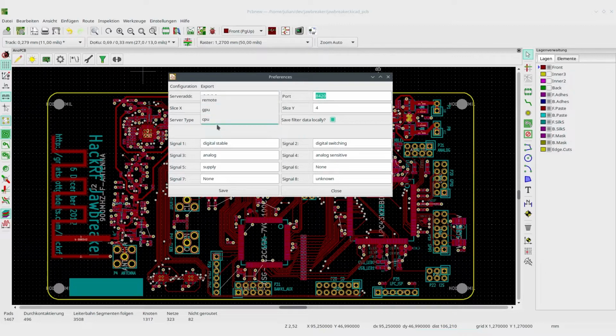As well, you have the option to use either the CPU or the GPU if a compatible GPU is accessible. Also, you can choose to save filter data locally. An analysis usually takes some time, roughly between 2 and 10 minutes, depending on the board size. So by choosing to save the files, you can reopen the results later on with just a small delay.